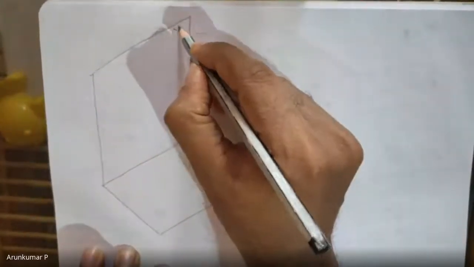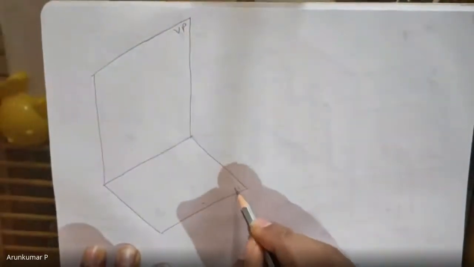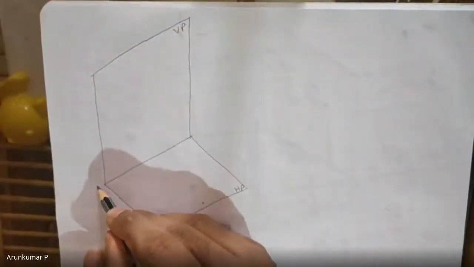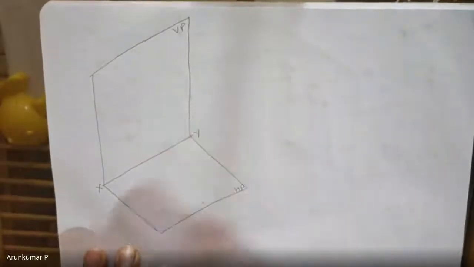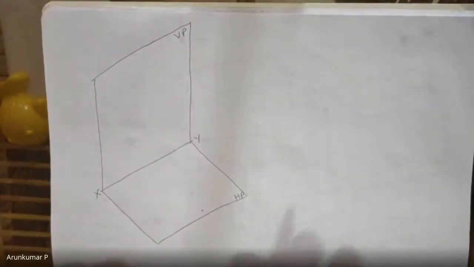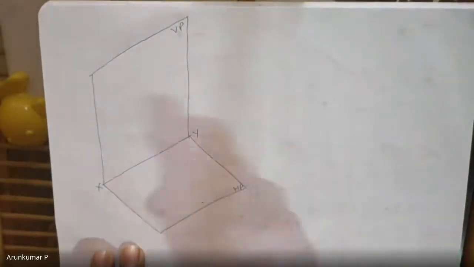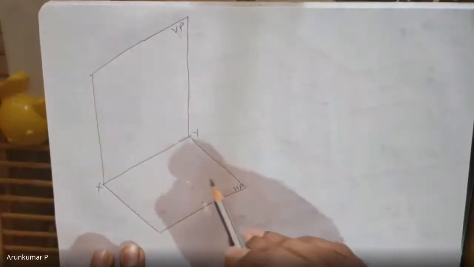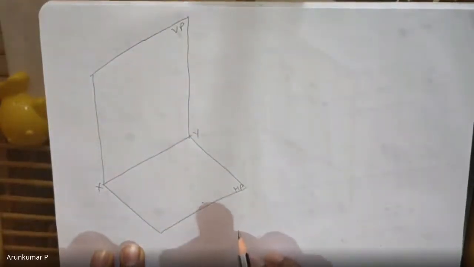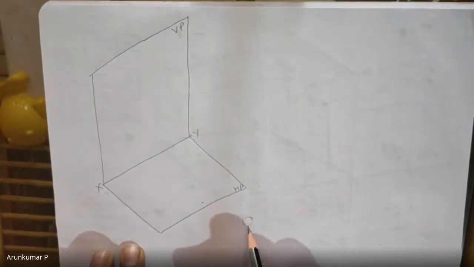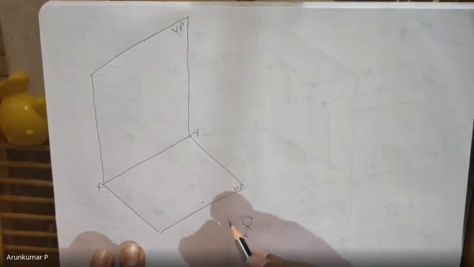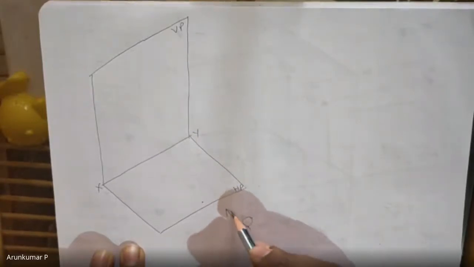So this is the first quadrant. You have the vertical plane, horizontal plane, perpendicular to each other, and intersecting at the xy line. Now here we'll introduce a side plane, say a plane on the right side. So before that, you need to fix where you are standing. You means the observer. So you are right here, right in front, and you are observing the first quadrant.